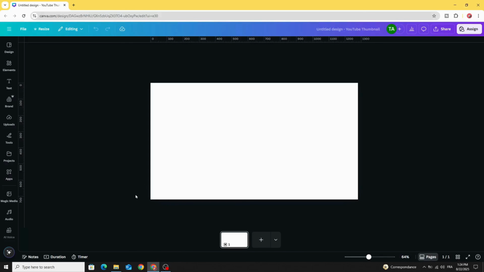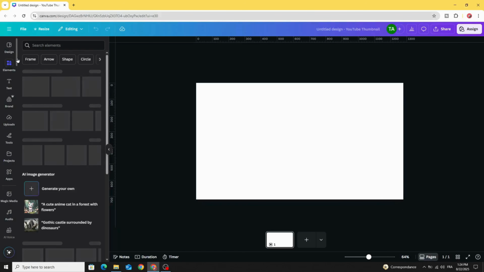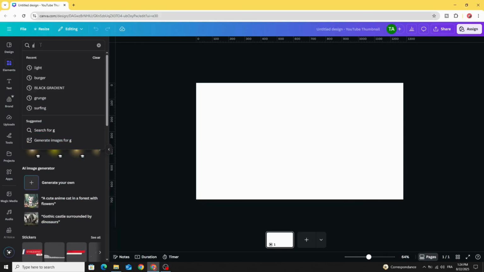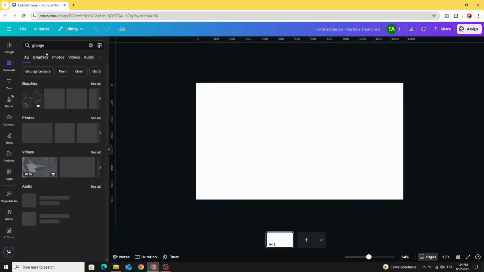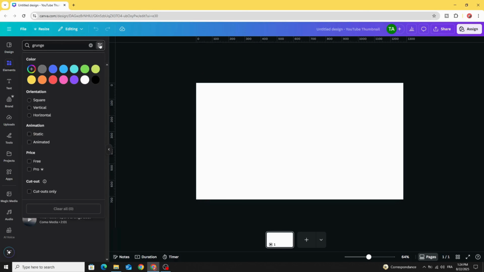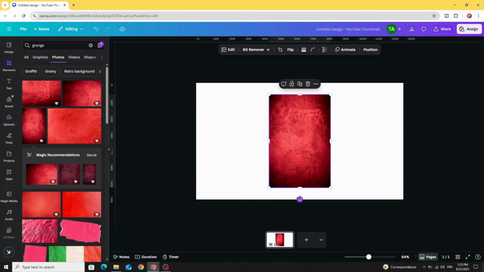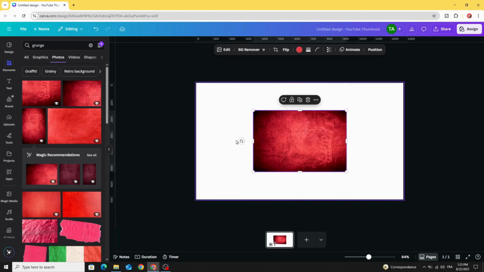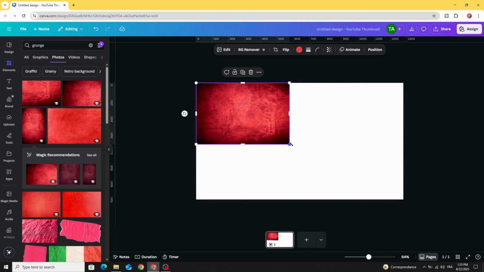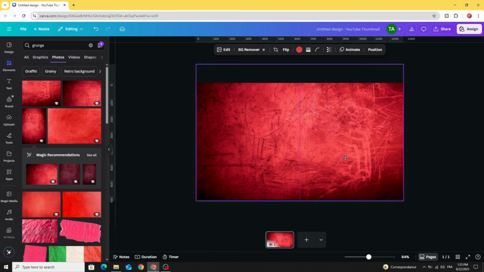After opening a new Canva project, let's go to elements and type grunge. Let's go to filters and choose the red color. Photos, choose any style you want. Let's use this one. Let's rotate it 90 degrees, increase the size to cover all the page, place it like